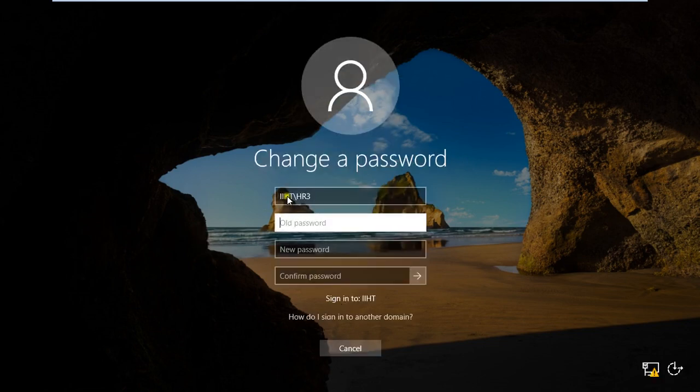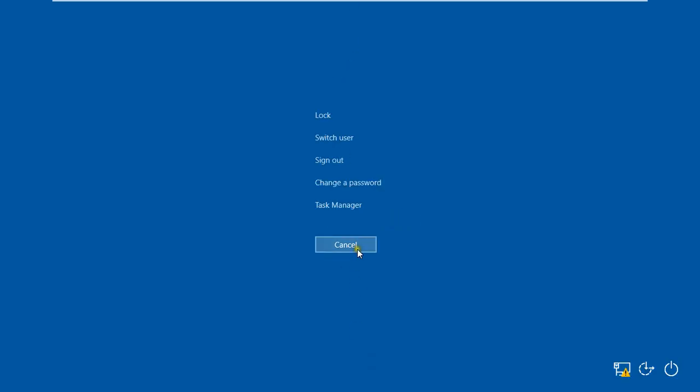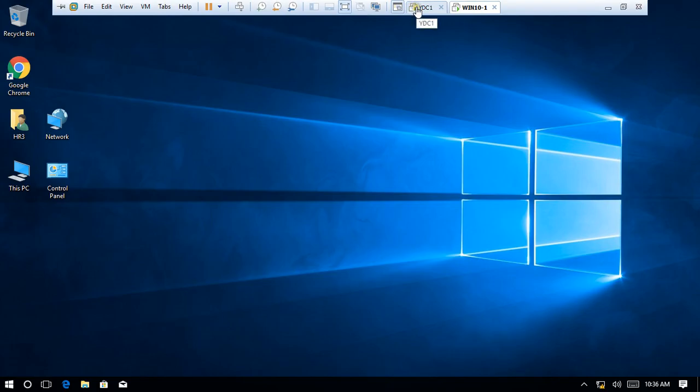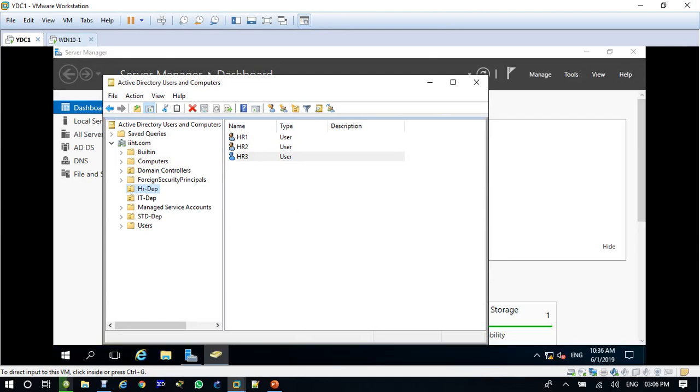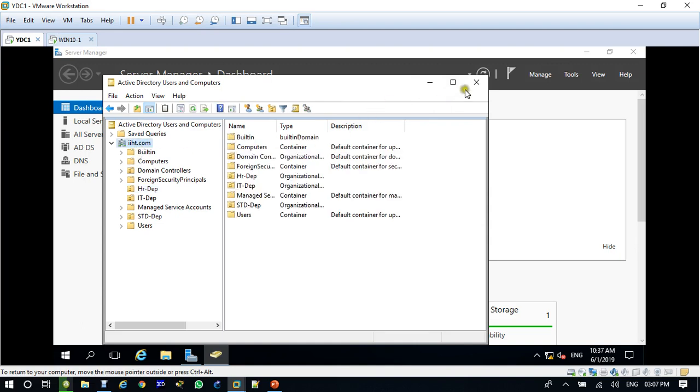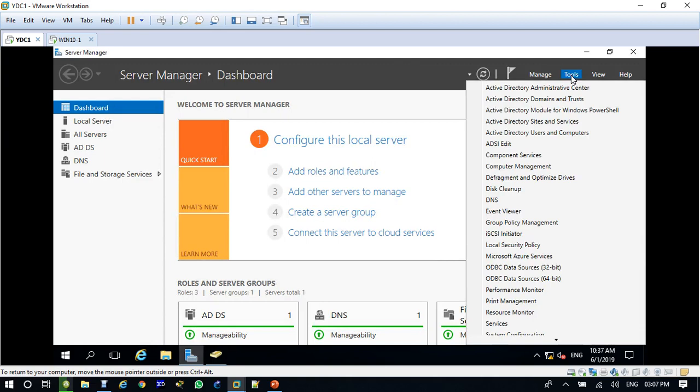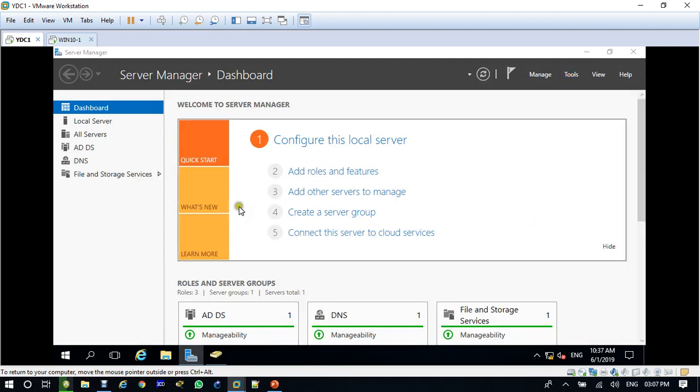So if you want to change the password policy for the users, for the departments, you have the option. Now you can come here to the server. So now on the server we are working with the password policy. We have two options to configure the password policy. One is we can change it for the entire domain, because the policy we are running right now is running for all the domain. If you come here, open tools, group policy management,